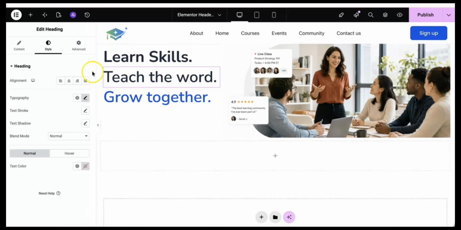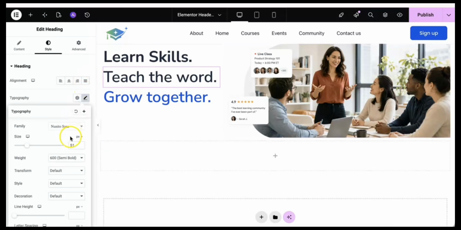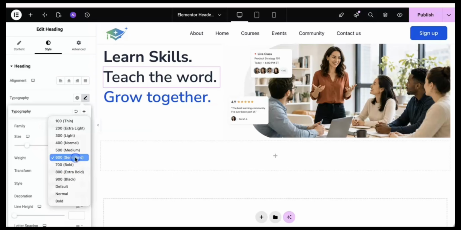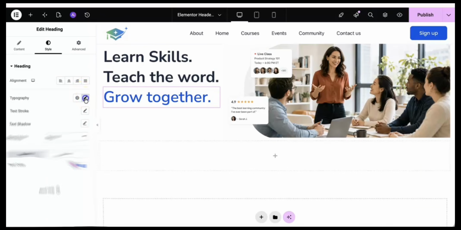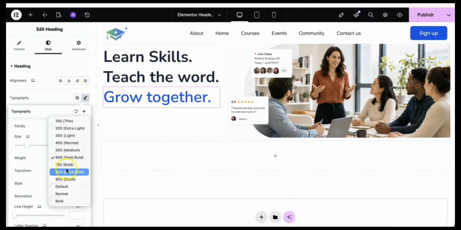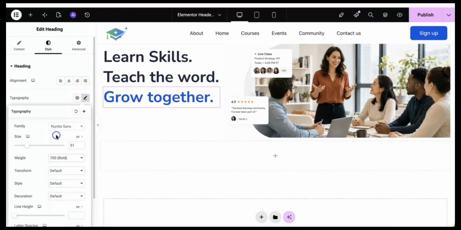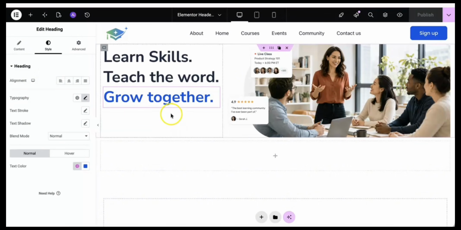Yes, 700 is good. So we will give this 700 weight to all three. 700, Nunito Sans. Okay. So yes, let's save it, and now we will add